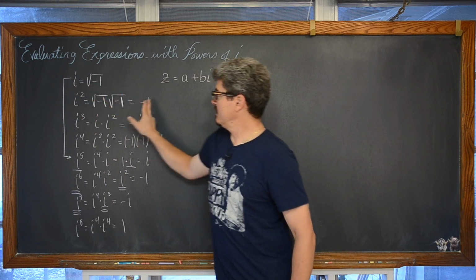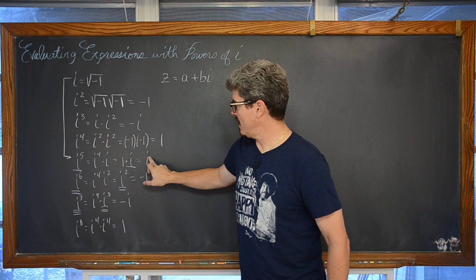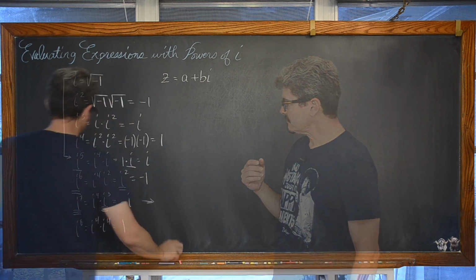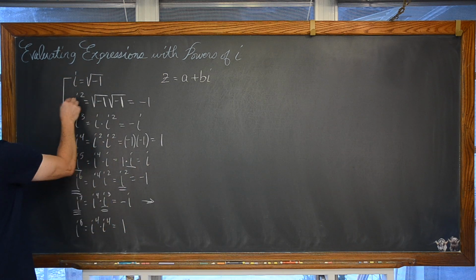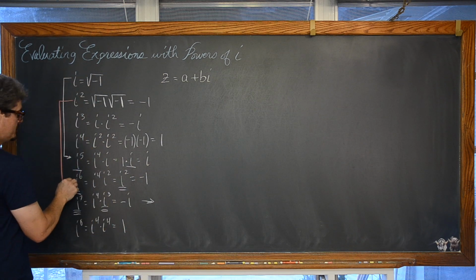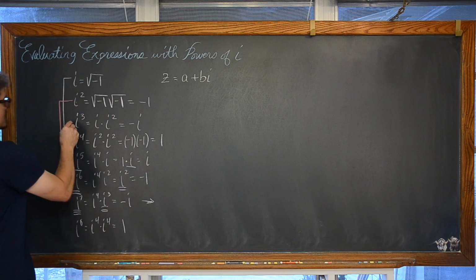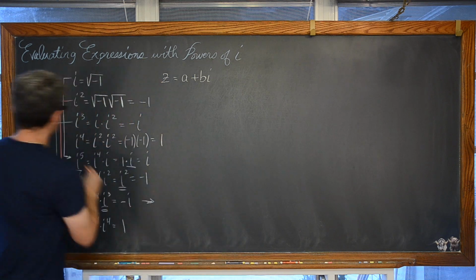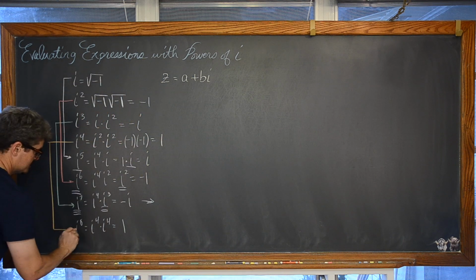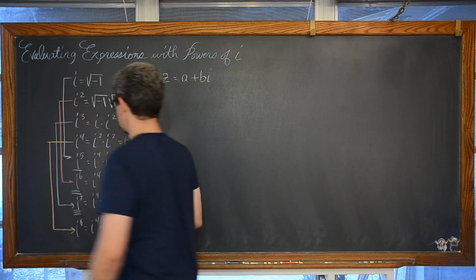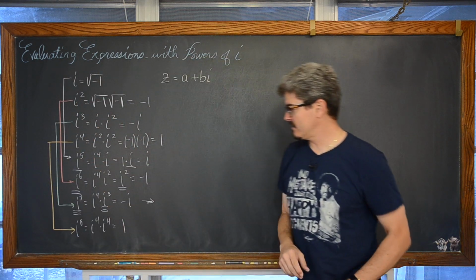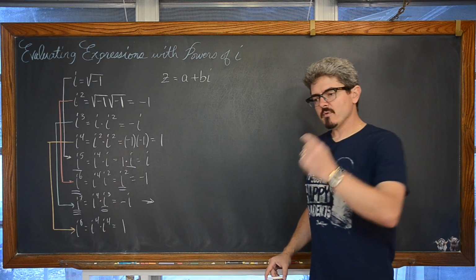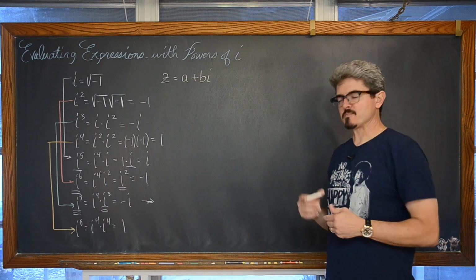So i, -1, negative i, 1, i, -1, negative i, 1, or the fact that we've got 1, 2, these are the same: i squared and i to the 6th. i to the 3rd is the same as i to the 7th. We have i to the 4th is the same as i to the 8th, which is 1, and i to the 8th is 1, or basically i to the 4th. Every rotation of 4, you just start to repeat this pattern.